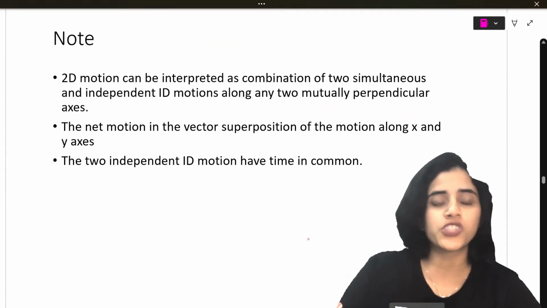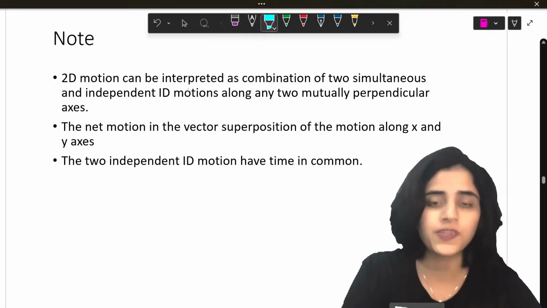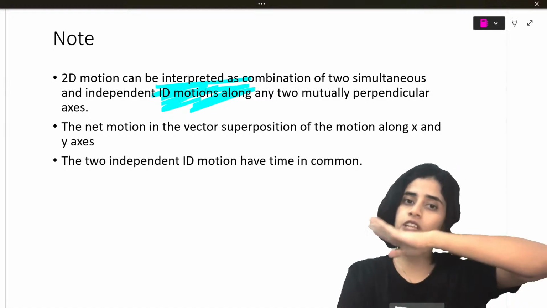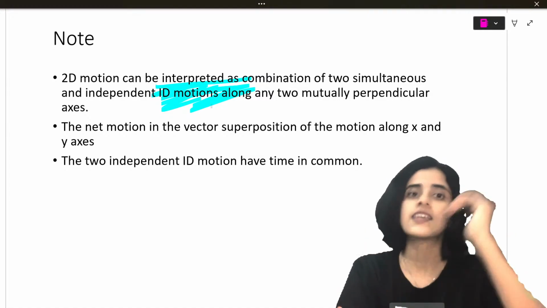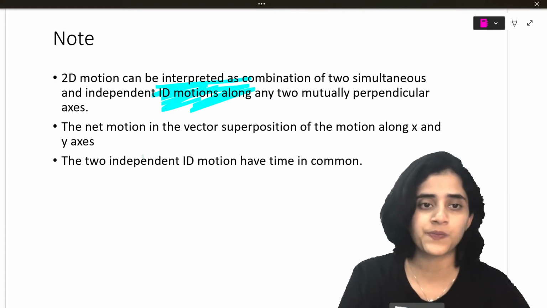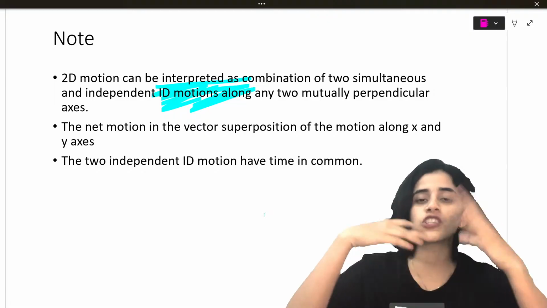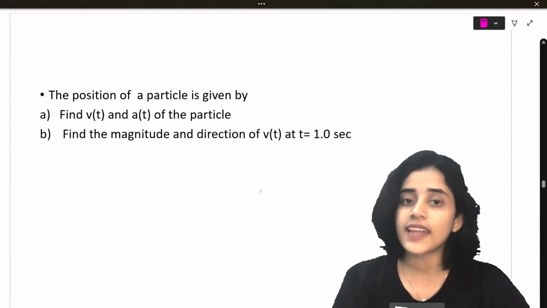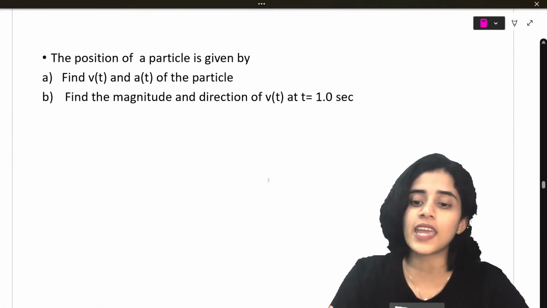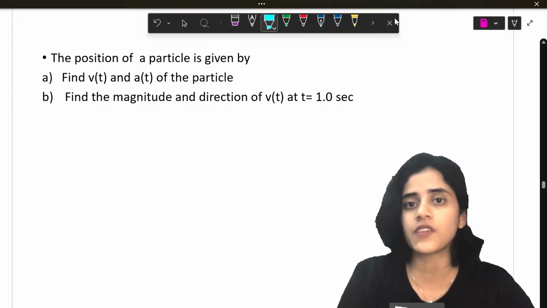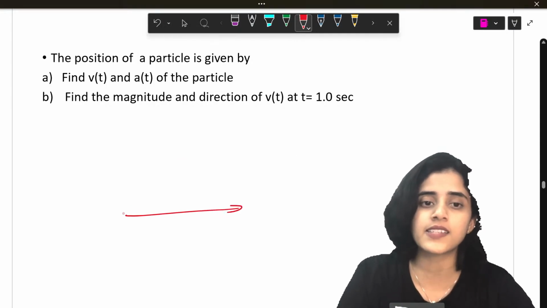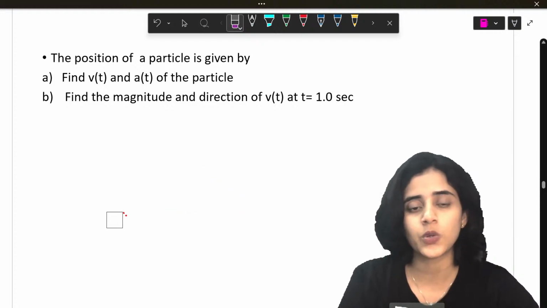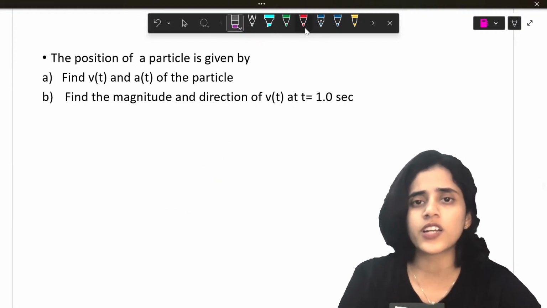In motion in 2 dimension, there are certain things that you need to know. First thing, it is a combination of 1 dimension motions. So it's a combination of motion in 1 dimension x-axis and another 1 dimension which is y-axis. It is basically a mixture of 2 axes at the same time. If something is moving in the x-axis and the y-axis, both the movements are at the same time. So let's look at a question.